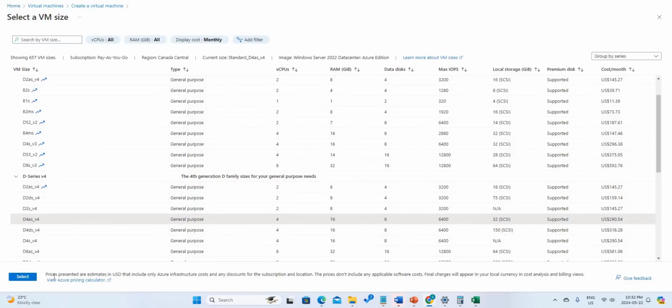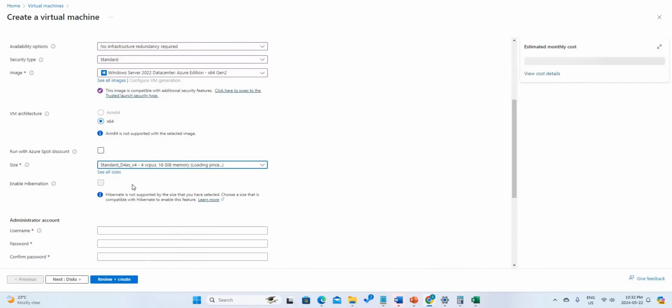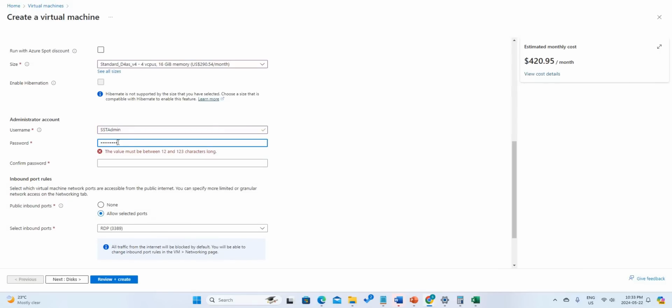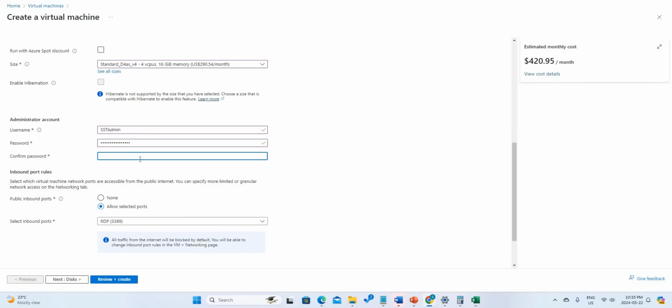Let's go with 4 CPUs and 16 gigs. That's a nice size here. And then what we have to do is we have to go ahead and create a username, and then let us go ahead and put a password. Let's go ahead and type that back again. Okay,